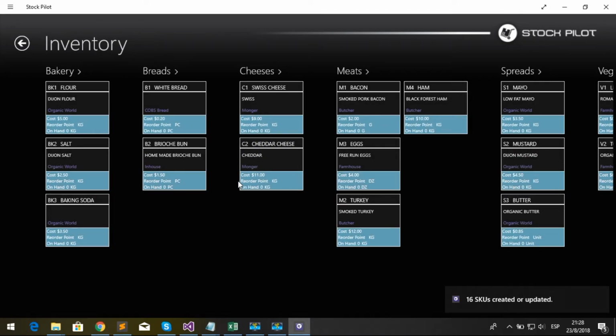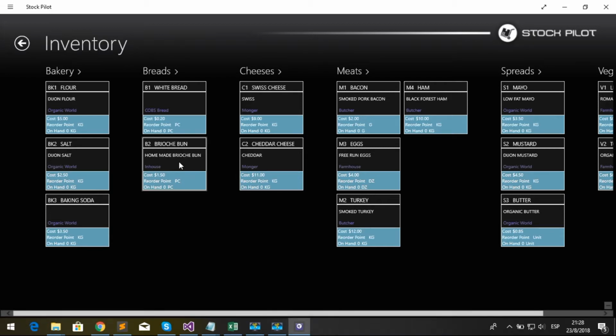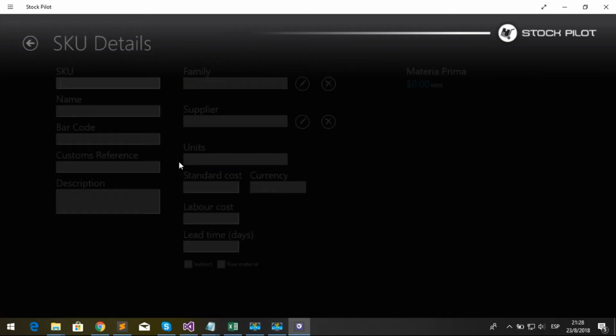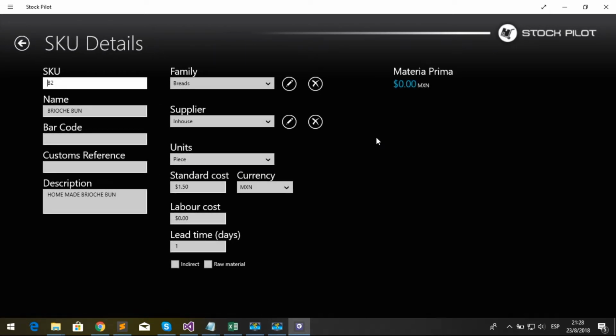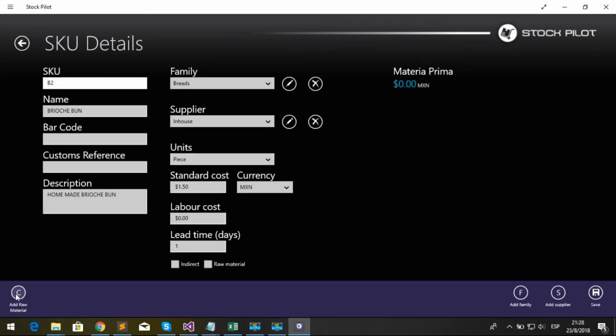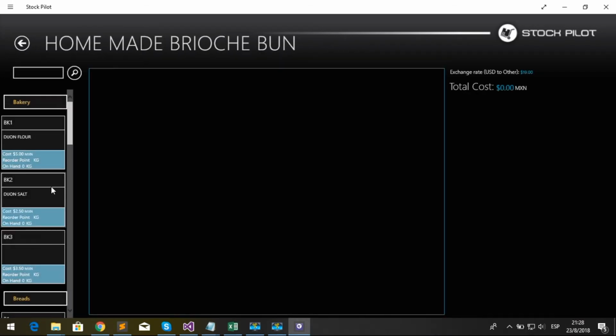Also, Stockpilot allows you to configure bill of materials within your SKUs. So for example, if we want to indicate that our brioche buns consist of other SKUs in our inventory, we would select the SKU, click the Add Raw Material button, and drag the items that we use to bake our buns. So for example, flour,